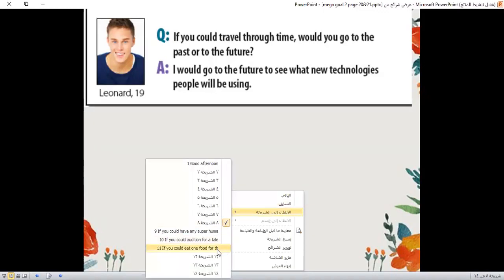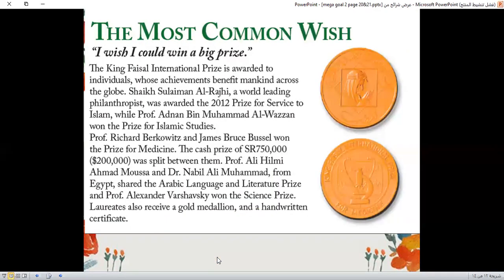Okay, here we have Mariam. She said that she would like to go to the future to know what awaits her. I don't want to know what happens to me in the future. I will just make dua that everything is going to be okay. Yes, maybe. Dua changes destiny. So instead of knowing what's going to happen, maybe I'm going to make dua for myself to have good things.